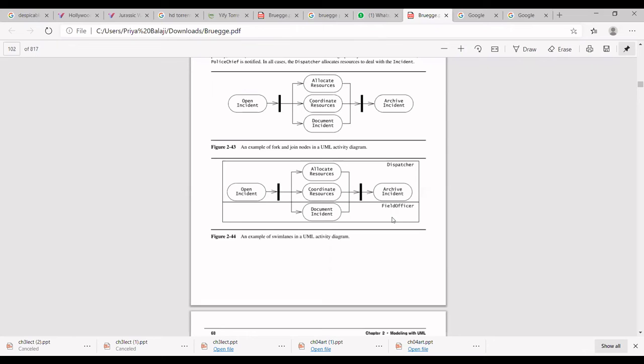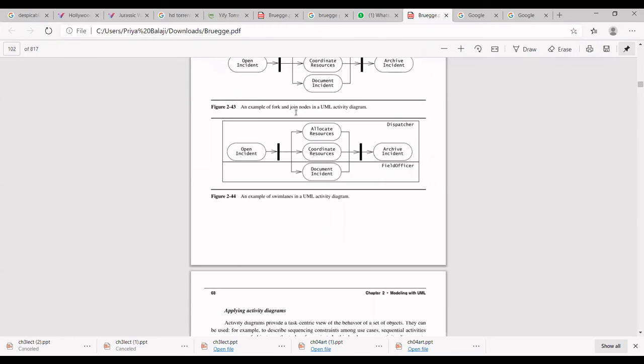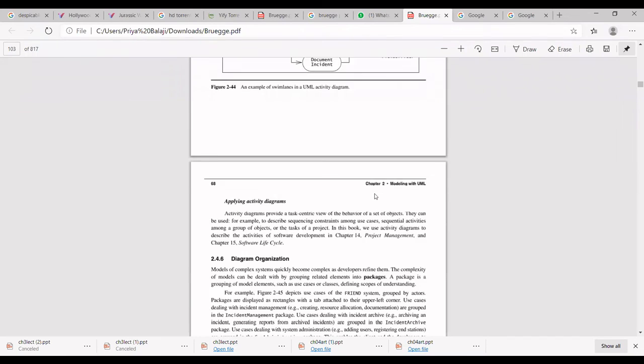Allocating and coordinating the resources happen by the dispatcher. What incident has happened, how it has happened, where it has happened, all this information can be documented by the officer. Dividing the activity according to the response actors is called swim lanes. Is it clear?